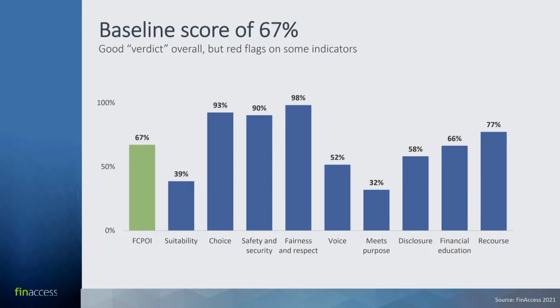Nevertheless, where an indicator is quite low, it does show that that is where there's most room for improvement in future based on what is measured in that indicator. So I hope that makes sense. So with that in mind, it's very interesting to see meets purpose. And I think this would link to what Amrik will discuss later on financial health, is the lowest. Voice, people's ability to effectively communicate and feel that they will be heard with their financial service providers, and suitability, the functionality and the features of the products in line with the customer's realities.